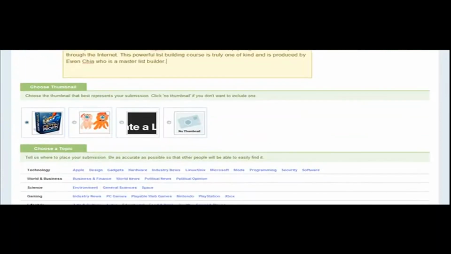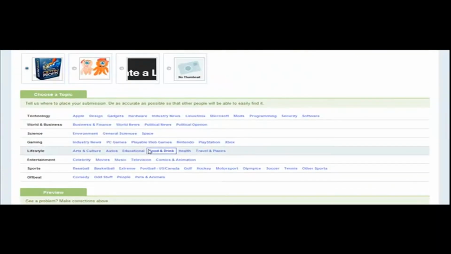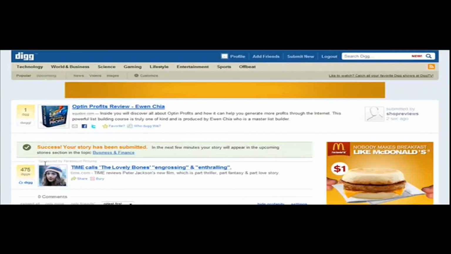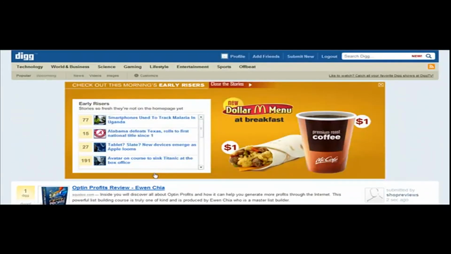Okay. And then you could choose one of the images like the product graphic and then choose the category, which for this example would be business. And then scroll on down and plug in this information. And then choose submit story. Once you're done with your submission, your page will look like this, and you should be good. Next thing you're going to do is just log out,